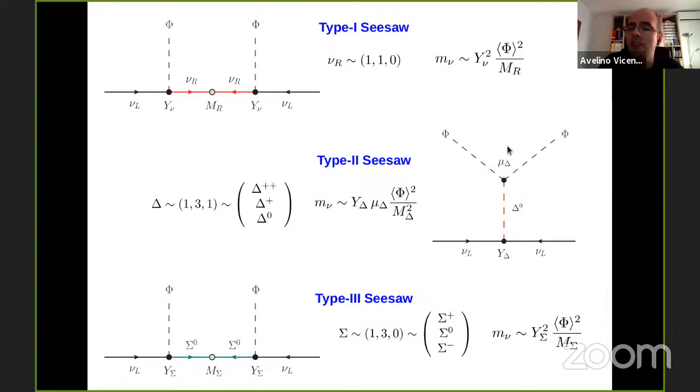There is also a different version that instead of fermions uses a scalar. You can introduce a scalar that is a triplet under SU(2) and has hypercharge equal to 1. So you get a doubly charged scalar, a singly charged scalar, and a neutral scalar. Because of this particle, you can get this diagram at tree level, where you can easily recognize that this is nothing but the Weinberg operator. You have two Higgses and two leptons, thanks to the presence of this scalar. So these are the three ways you can get neutrino masses with the seesaw mechanism at tree level. The type 1 seesaw is the most popular one, but you already know that there are two other versions.